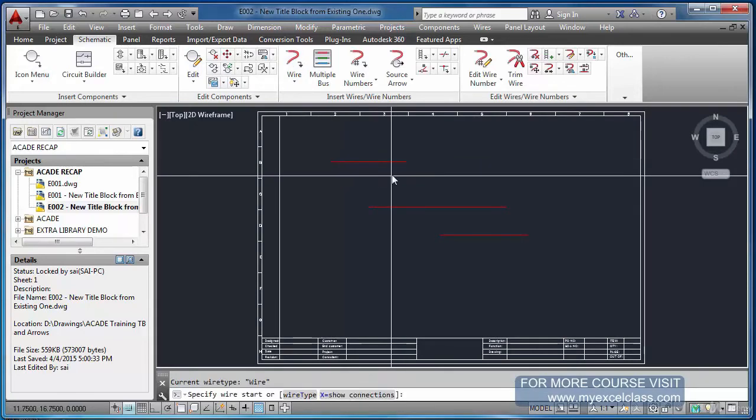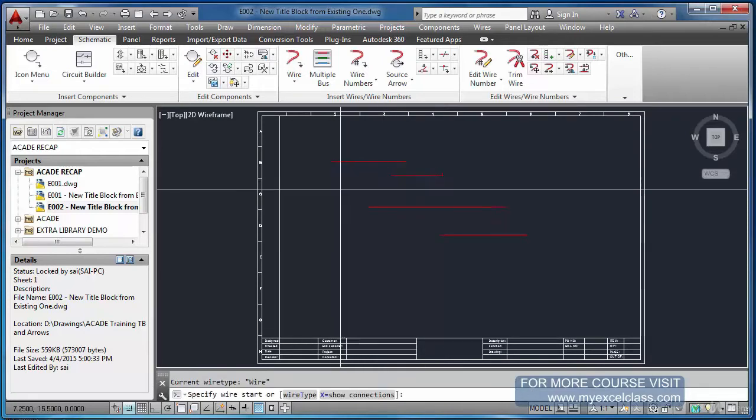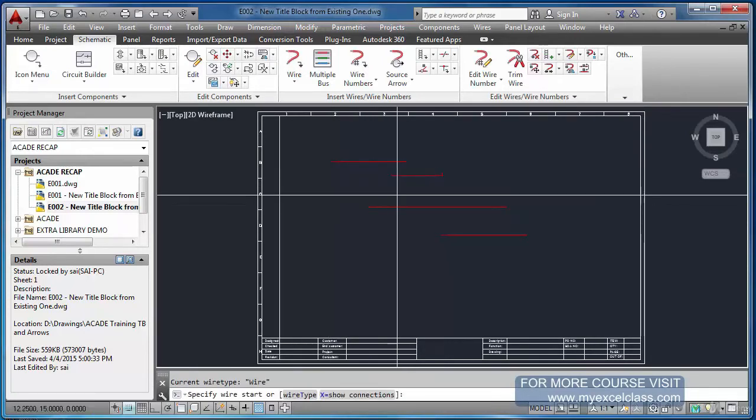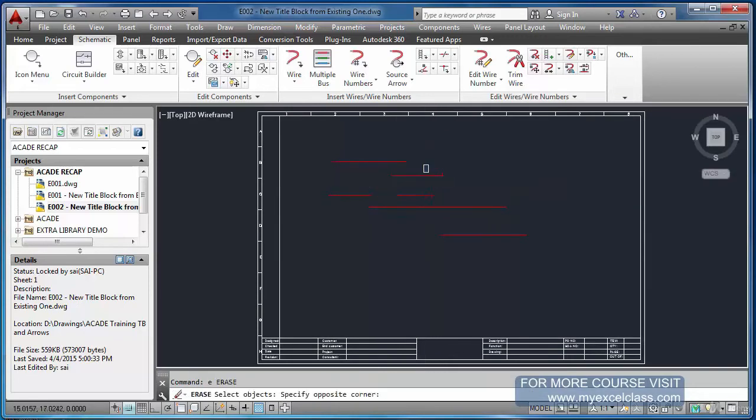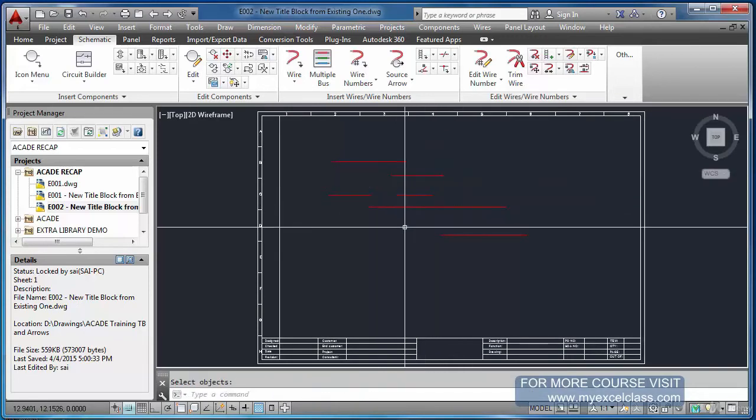Another thing is the snap mode. Now you see my cursor is moving freely, but sometimes, when you make a drawing from scratch, your cursor will jump from one point to another. I mean, the distance will be quite large.